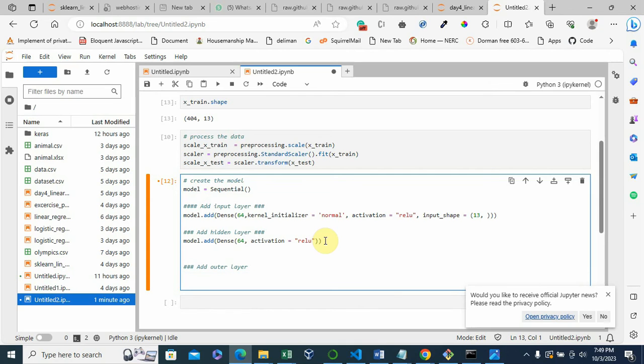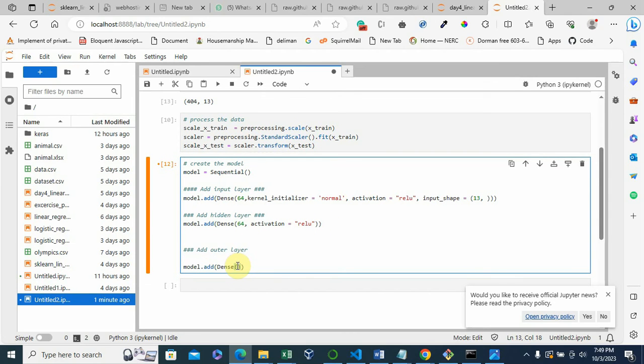So the output layer here, we're going to have model.add, and then you have Dense. Okay, so you have an output layer, and most of the times you see the output layer is with one neuron.